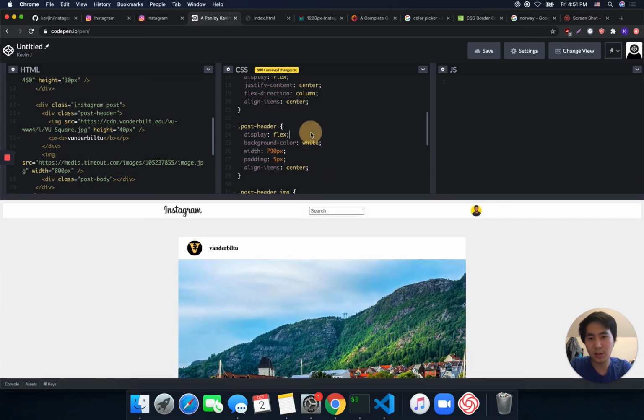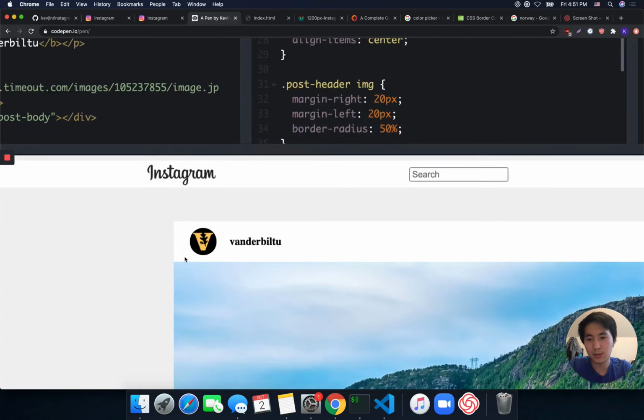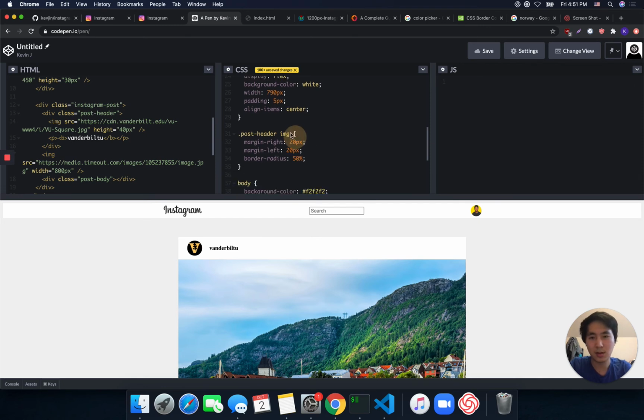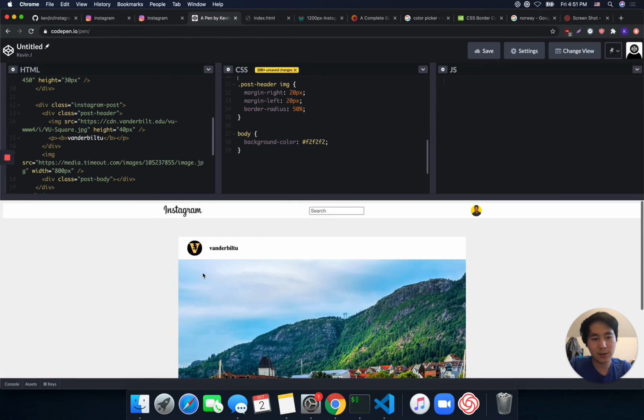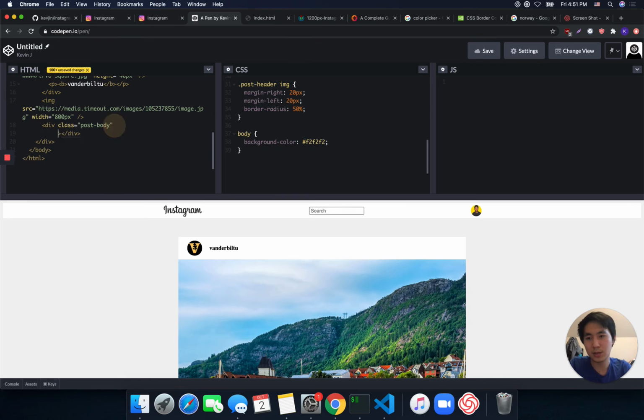That should basically change the post header to now be exactly 800 pixels, because it's the width plus the left and the right padding, which are each 5 pixels. All right, so there we have half of an Instagram post. We also still need the post body, which is this right here. So for that,